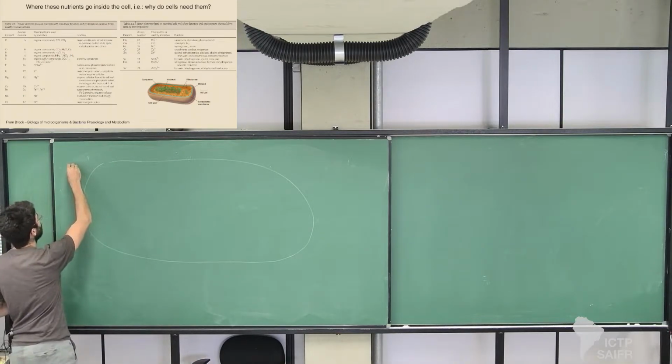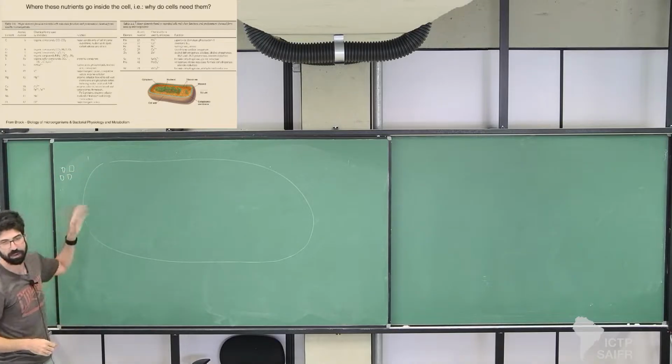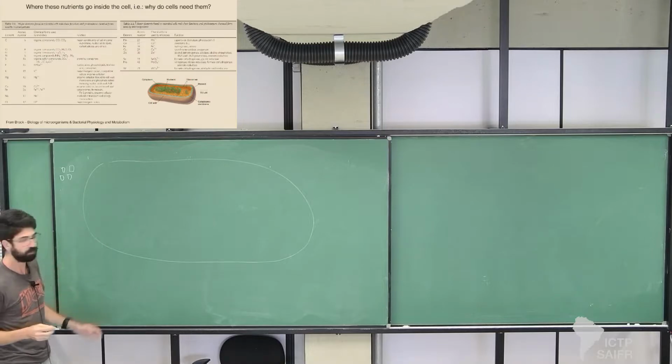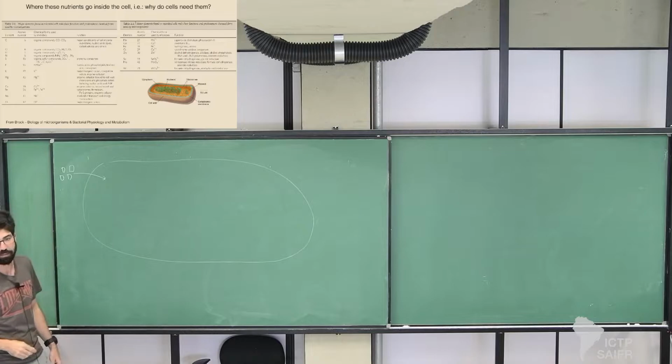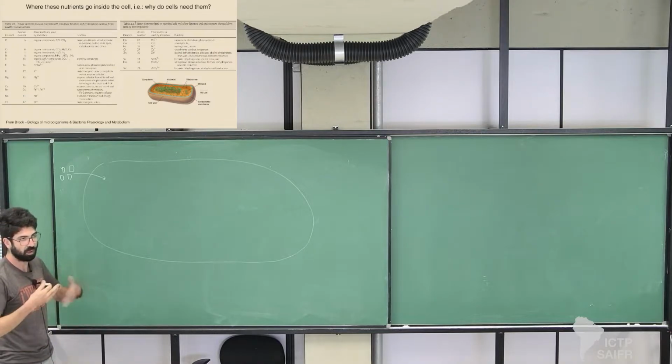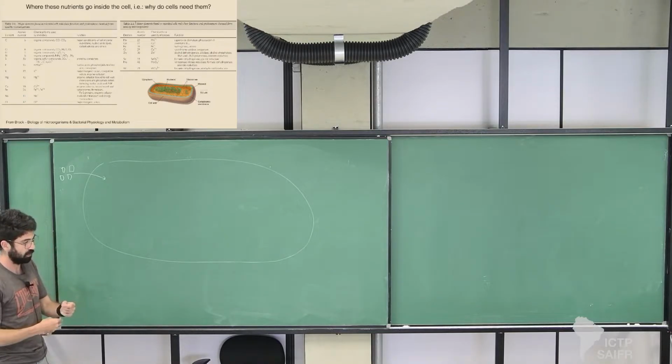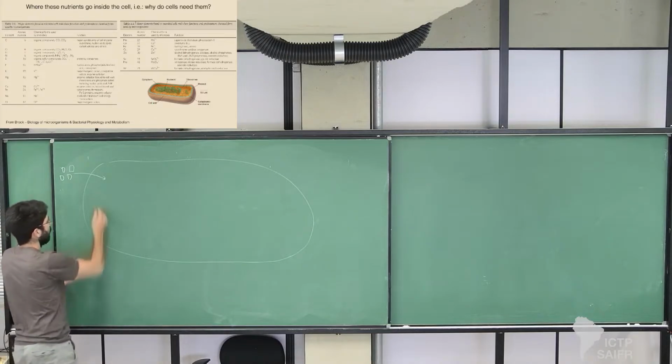So we have nutrients, and here, as you see, I'm already simplifying, right? I'm already saying there are nutrients. And then what we want to do is transport these nutrients inside the cell, or sometimes transport the product of some reactions to these nutrients inside the cell. And in general,